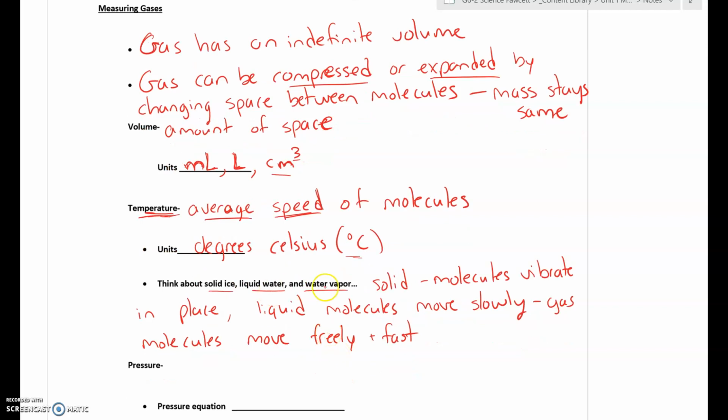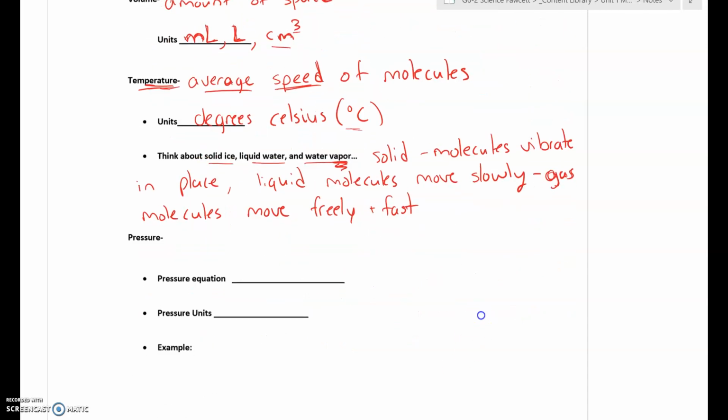So that would be water vapor, which is what we call the gas form of water. There are many different examples of substances that exist as a gas. We can think about water vapor. We can think about it simply as the air around us, because that's a combination of different gases. We could think about something like carbon dioxide or oxygen gas, both of which exist as a gas at room temperature because room temperature is above the boiling point of those substances.